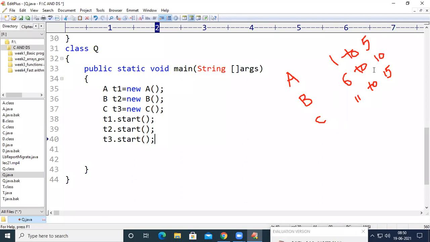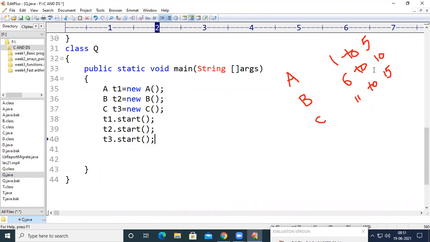So as we discussed earlier in the previous sessions on multi-threading, we had gone through one point that no one can predict the output of a thread program. No one can predict, because up to the ready or runnable state we are bringing a thread, but from the runnable state to the running state, it is the responsibility of the CPU. We don't know which type of algorithm the CPU is going to follow.